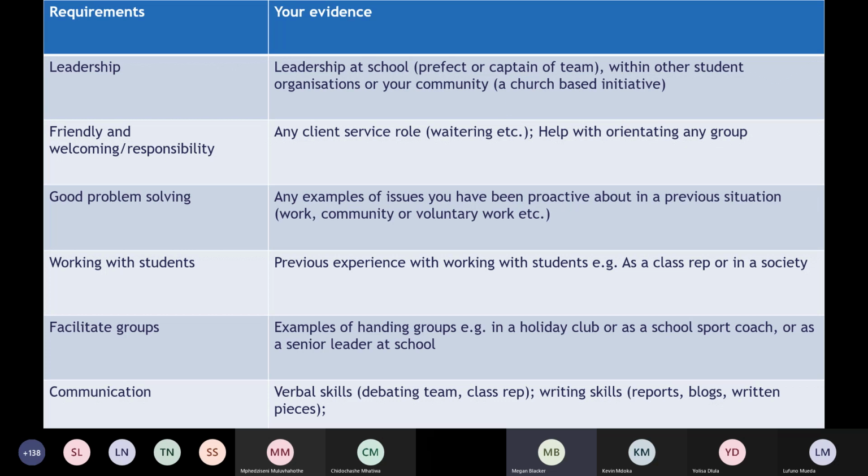Asifile, I see your hand. Do you want to go ahead? Hi, it's Asipile. I wanted to ask, so with the requirement, like the leadership stuff that's listed on my left-hand side,